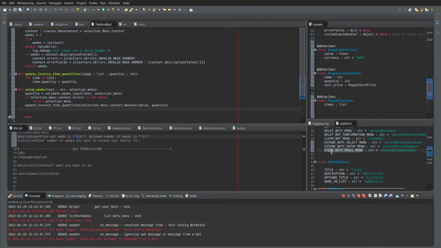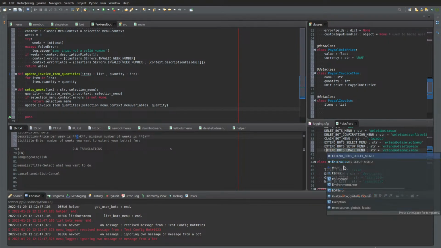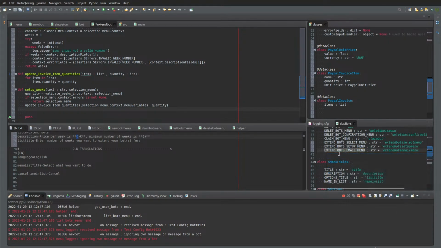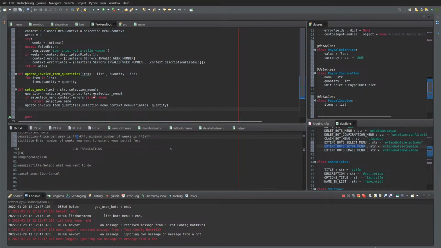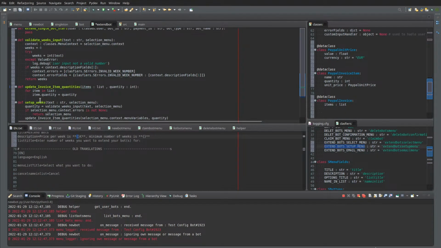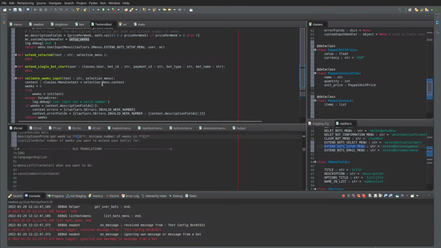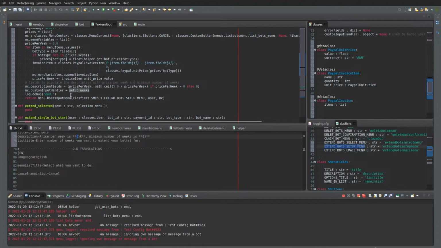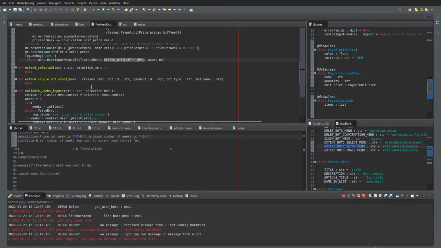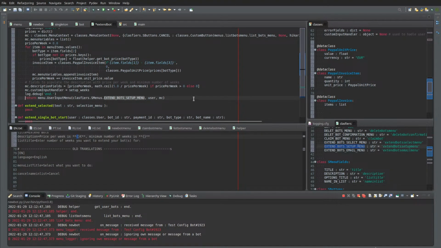Email menu. What's email menu? So selection setup. That was this. Setup weeks. Yeah, extend bot setup menu. So new one will be